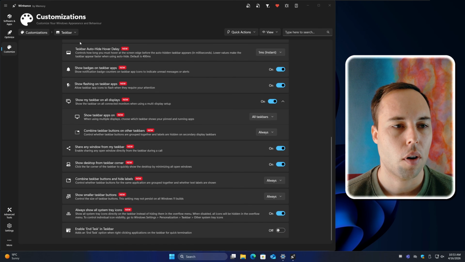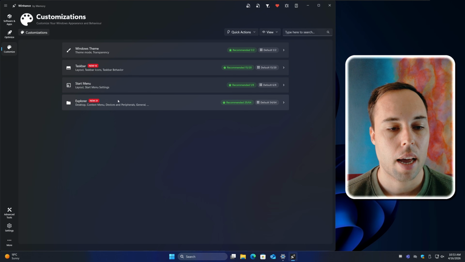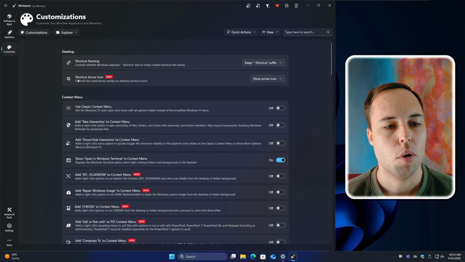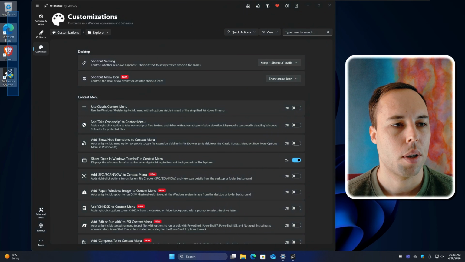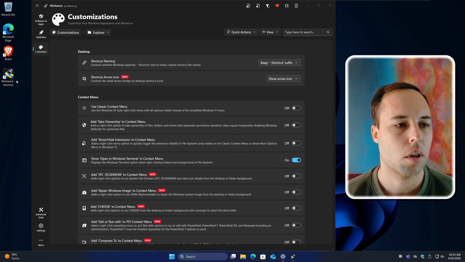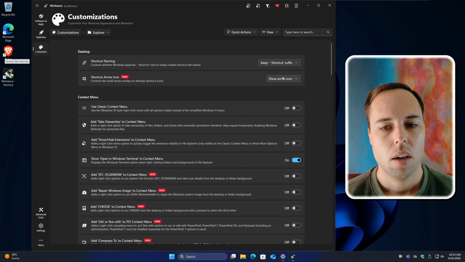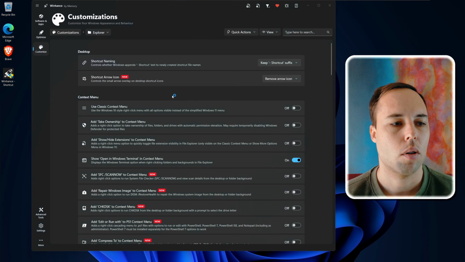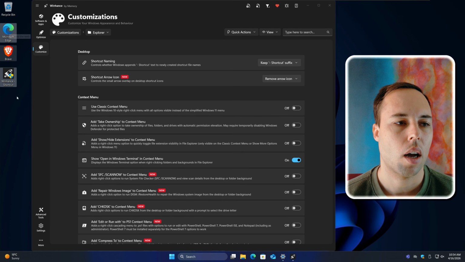And then let's move on to the next feature, which is the Explorer feature. Now I actually added 21 new settings inside of this feature here. So you can remove the shortcut arrow icon from the desktop shortcuts. If you look at the desktop here on the left, you can see that these are all shortcuts, telling by that little arrow icon that's on top of each shortcut. So if I set this to remove arrow icon, it's actually going to write a transparent file to Windows and then hide all of those arrow icons on the shortcuts on the desktop.